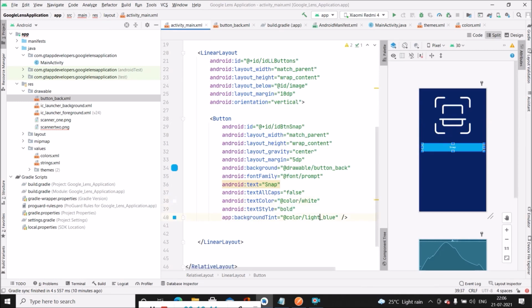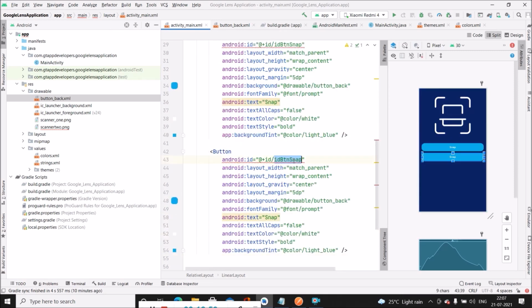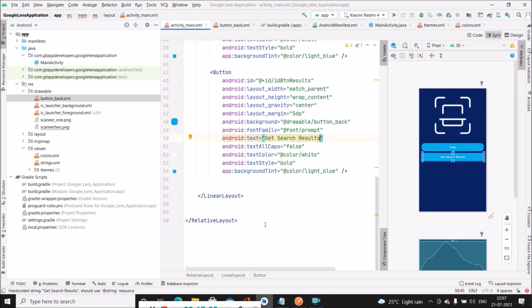Now we will create a similar button. So we will simply copy paste this button and we will simply change the ID. Now after this we have to create a recycler view, which is a horizontal recycler view, and a progress bar as a loading indicator. So we will be creating this